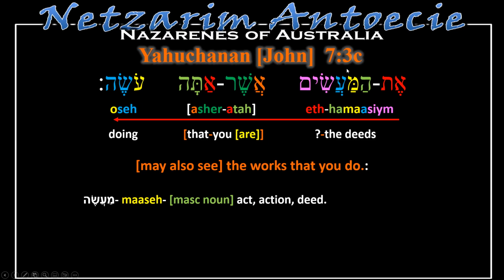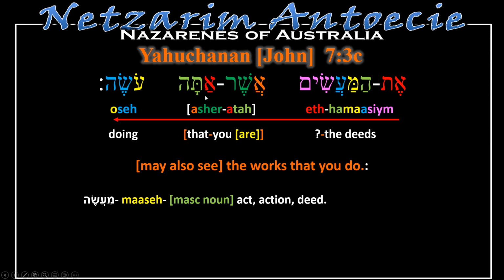And so we turn to 3c. We have an aleph, a tav, a hey, a mem, an ayin, sin, yod, mem sofit; aleph, shin, resh, aleph, tav, hey, ayin, sin, hey. Right, and we read it. Well, that's of course the grammar marker. Ha-ma'asim. And that, of course, comes from here: ma'aseh. It's a masculine noun meaning act, action, deed. Right? It means the deed. It's a noun form.